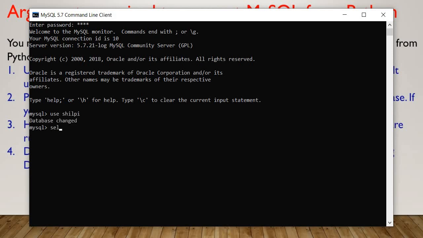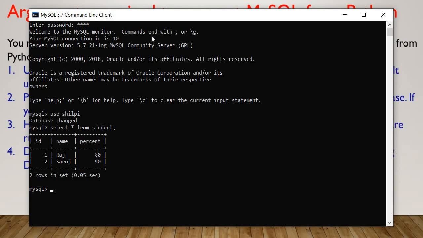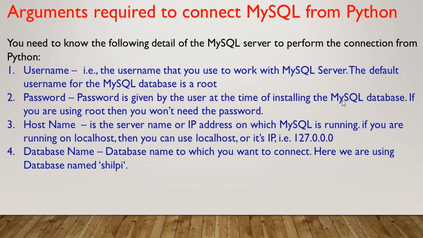Then I'll show you the table which I have already made: select star from student. Student is the name of the table. So you can see this is the table, which I have already created. Now I will be accessing this data using Python, and I'll tell you how we will do this. So you should know all these things.